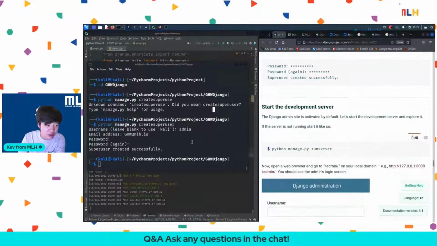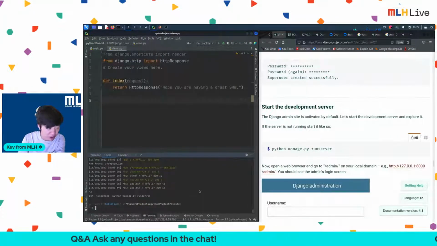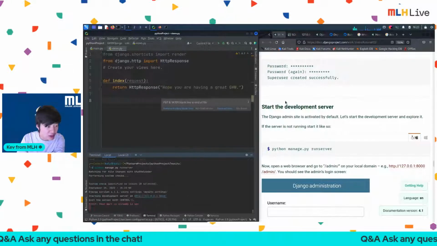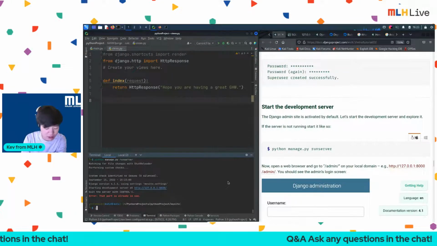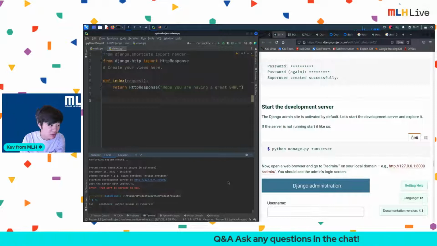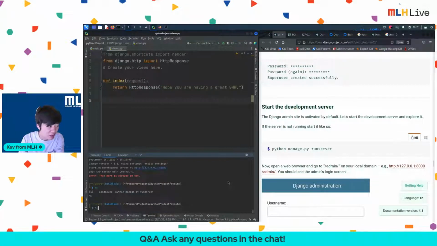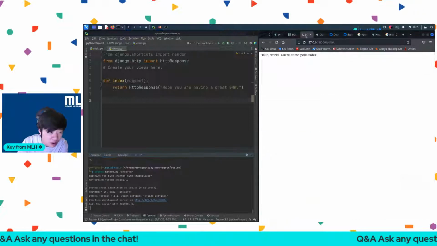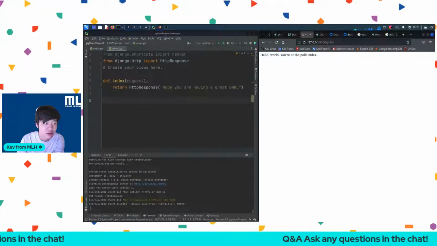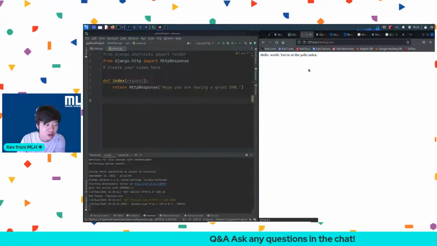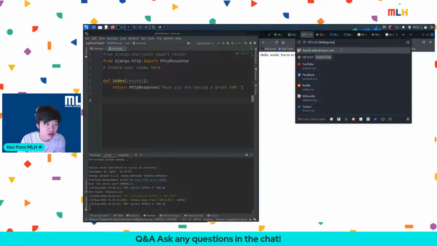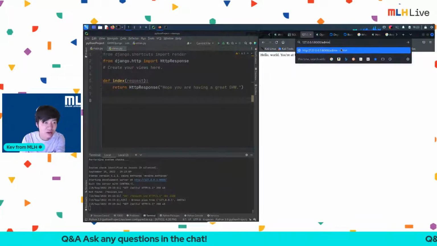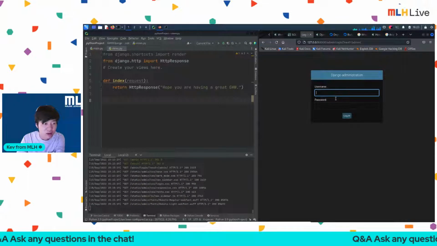Let's try this. So we already have the server running, but I'm gonna stop it and rerun it. Oh, I need to do fg, for foreground, which will bring back what you had if you didn't stop it properly, which I did a second ago. Now I'm gonna run it again. And this should run. So you do this. Oh, this is poll. So I need to do admin. Okay, username and